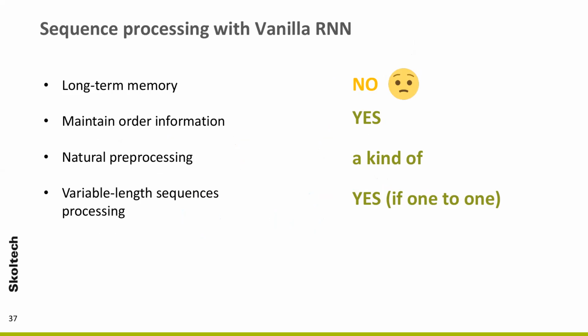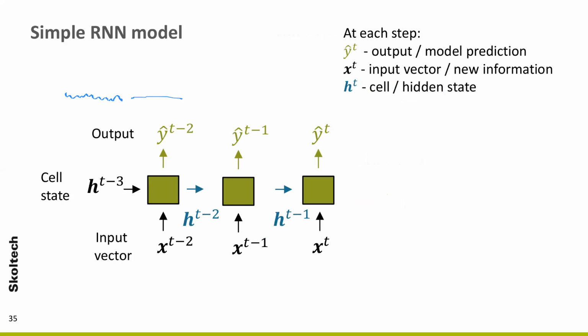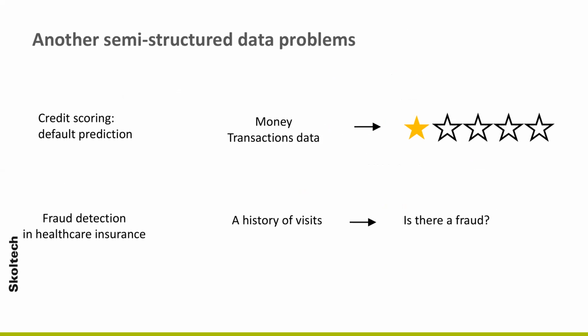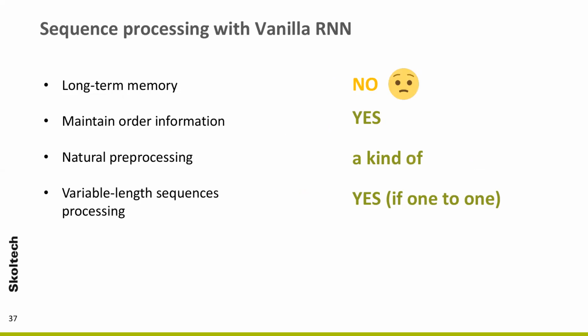Actually, we have this memory, but long-term memory somehow does not learn well here. Maybe the reason is that we have very long sequences, and to learn how to get information from the very past, we should train our model a lot, and we don't have the resources to do this. So we should try something more complicated to deal with this difficulty, or maybe apply some engineering tricks. But actually, sometimes a vanilla RNN can also be useful, especially